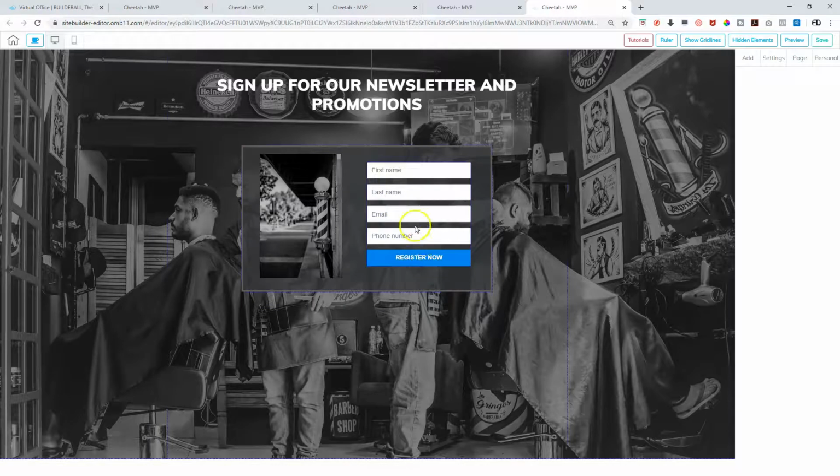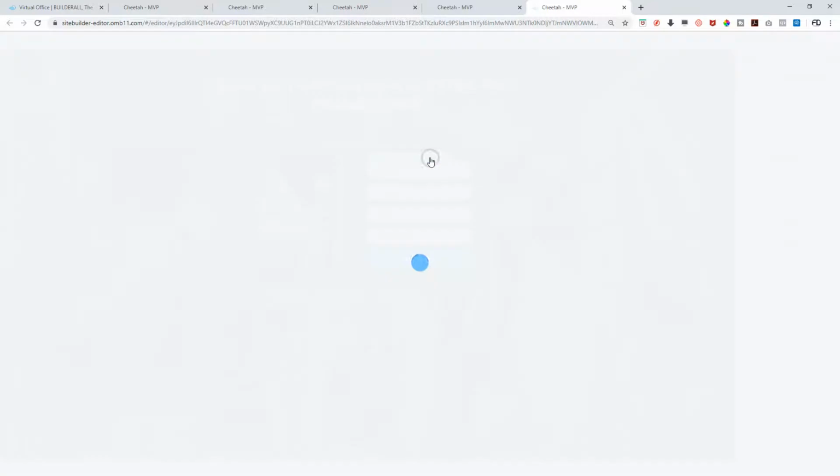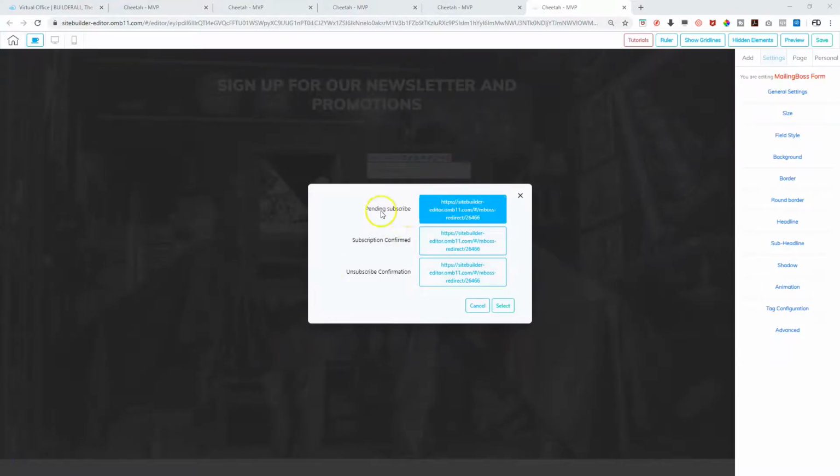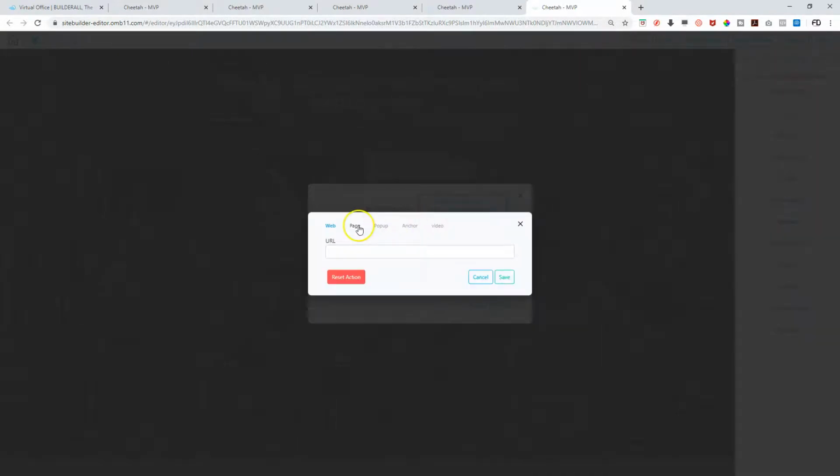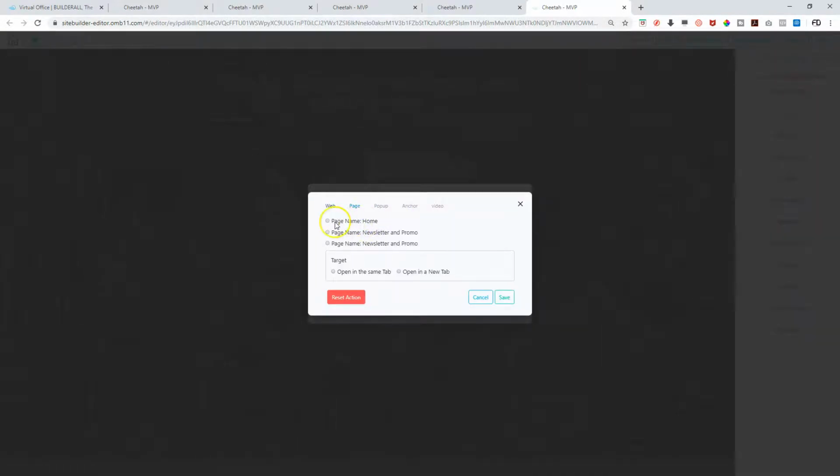So what we're going to want to do is just click on the right on the element, then go to this link icon here, and it's basically going to tell you, since that's a form, at what point do we want to do what on the actual form. So you're going to see that pop up here. Okay, so pending subscribe, no matter what, let's go ahead and just click on this box here, and we're going to have them go to a page. If they're pending to subscribe, we still want to take them to the home page, right? Or, I'm sorry, we want to take them,